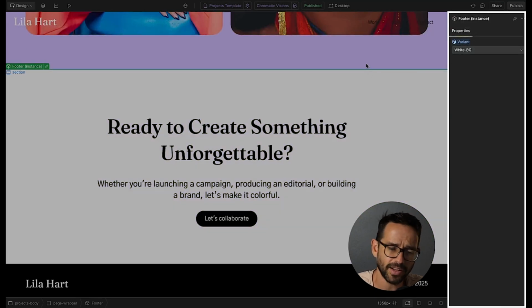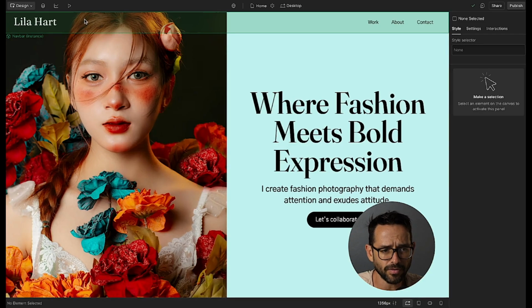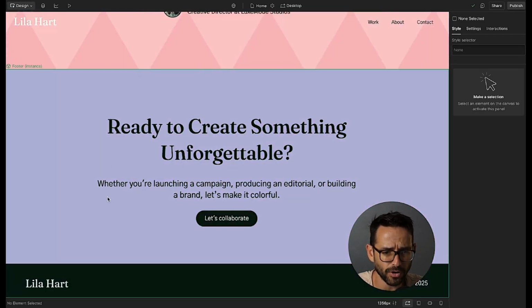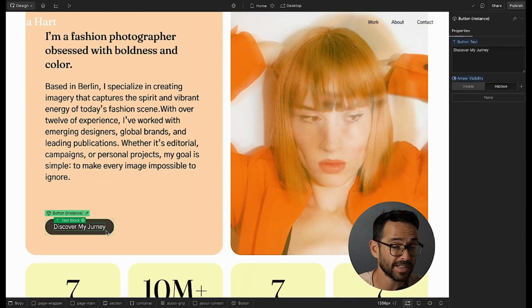And of course, we can rename the variant. But you got the deal. We've got variants for the header, for the navigation. We've got variants for the footer. We've got different variations for the buttons. And this is how powerful components